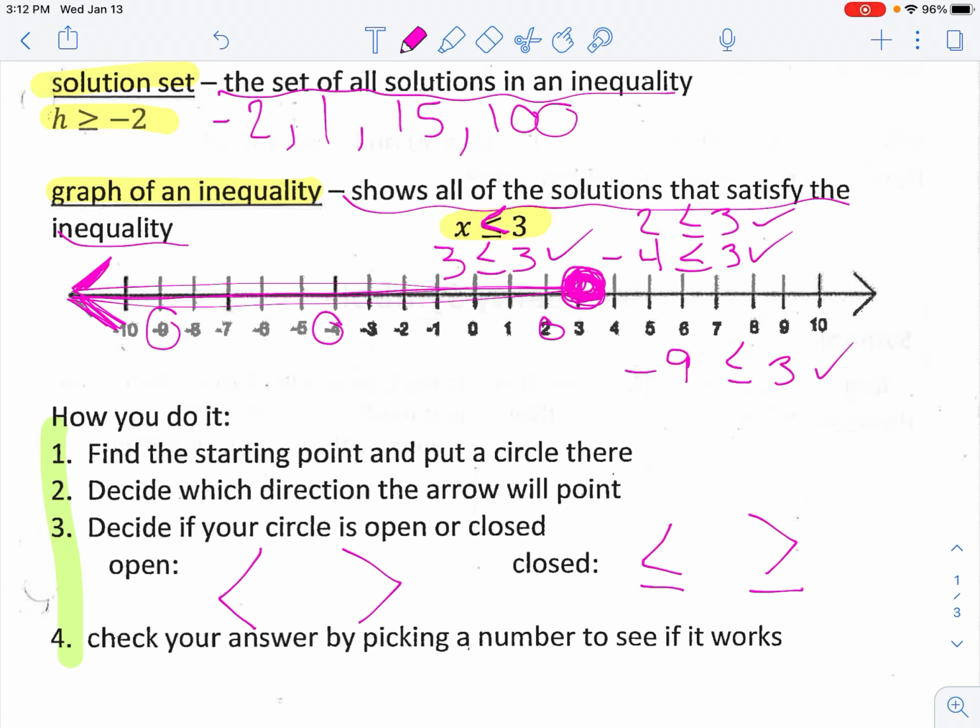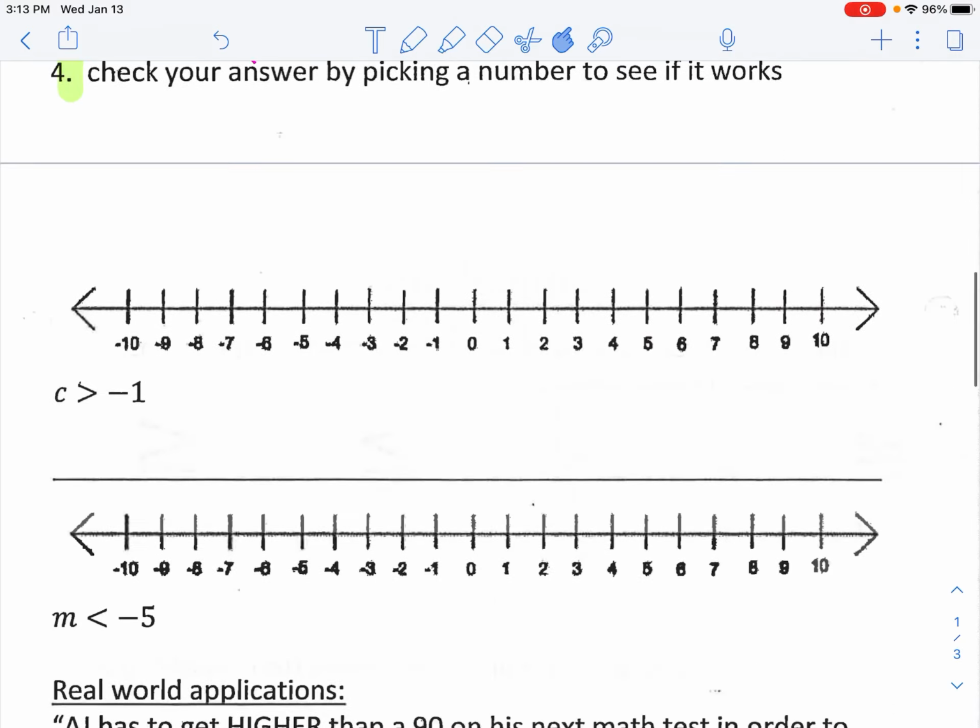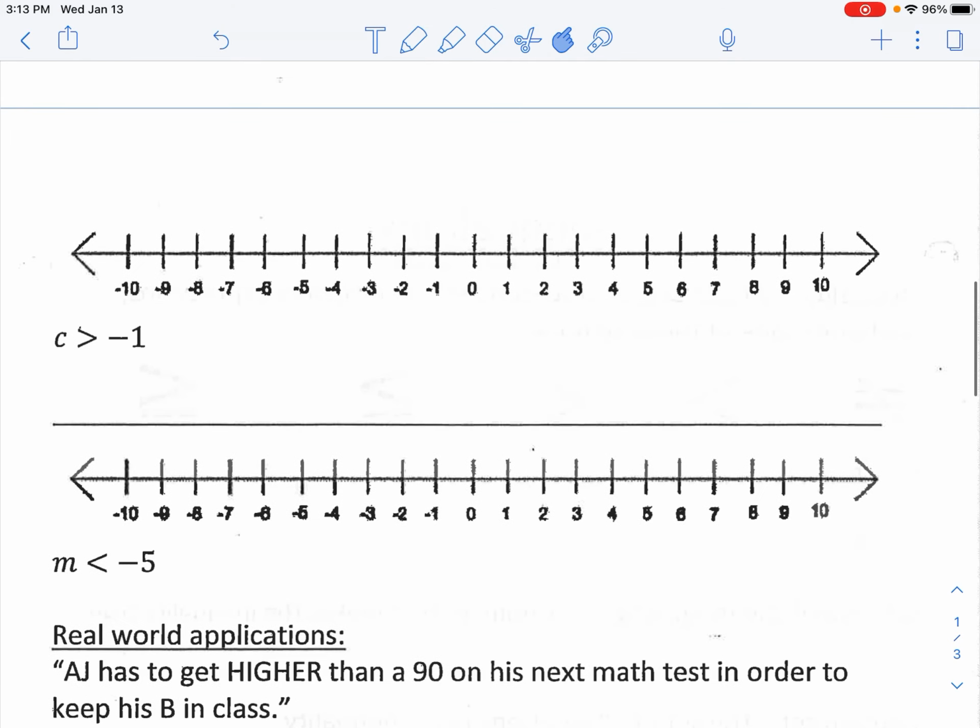True. So the reason that we darken the arrow to the left is to show that every number 3 and less could all be solutions for that inequality. All right, we're going to try C